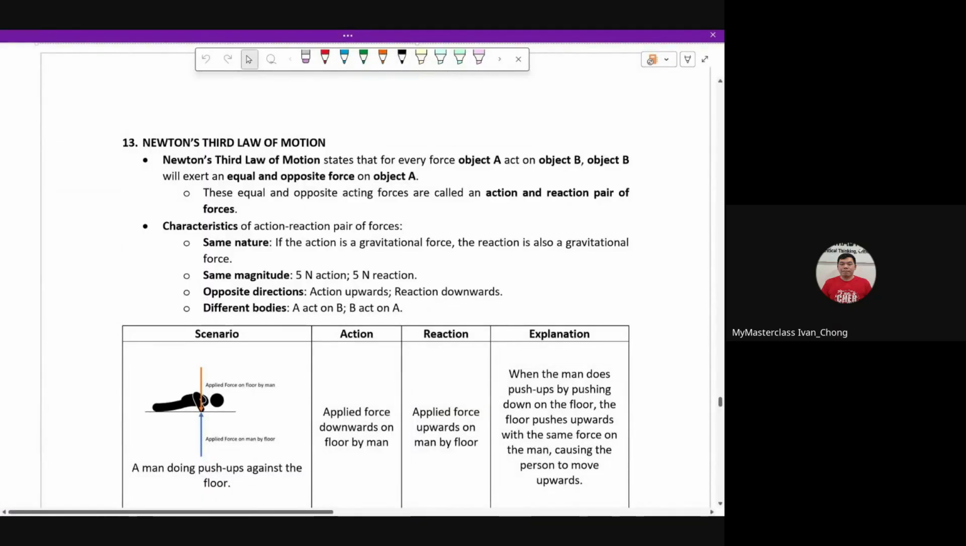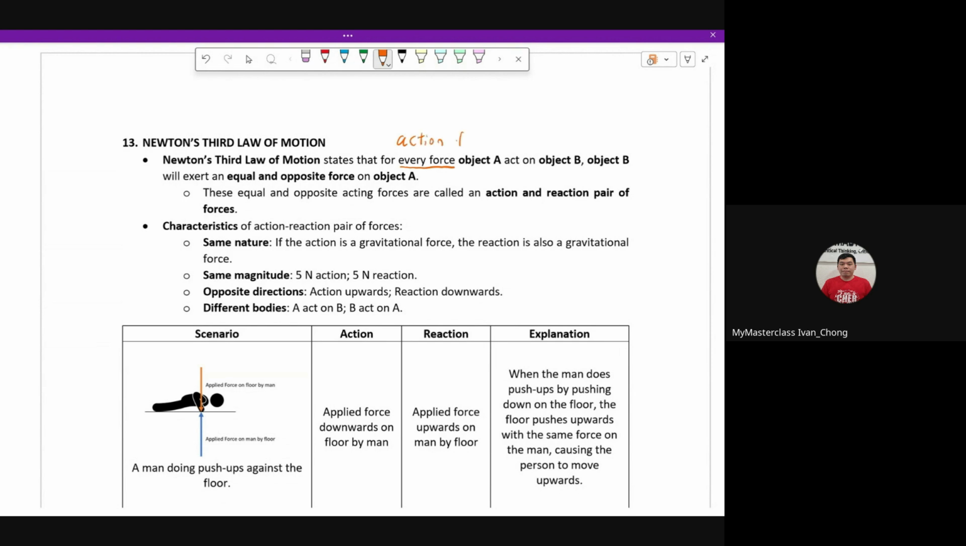Next, we'll be talking about Newton's third law of motion. Now, Newton's third law of motion is a bit special. It doesn't actually involve any kind of resultant force itself. First thing, Newton's law of motion says that for every force, this is what we're going to call an action